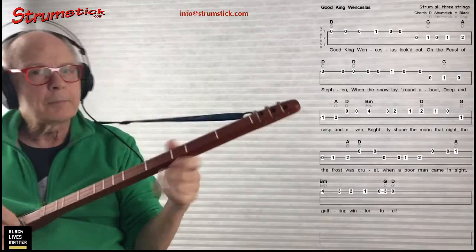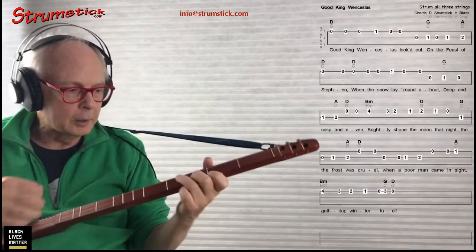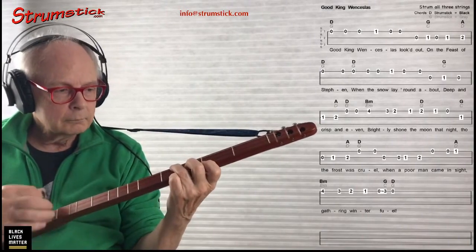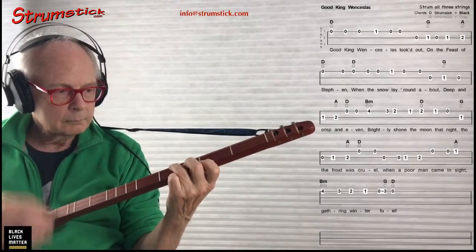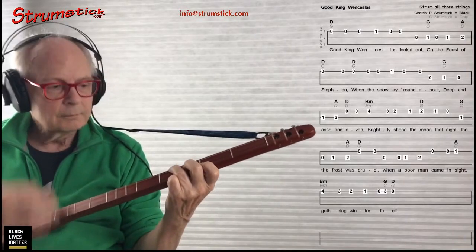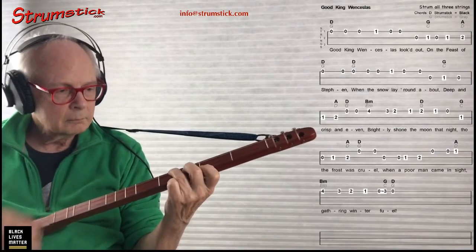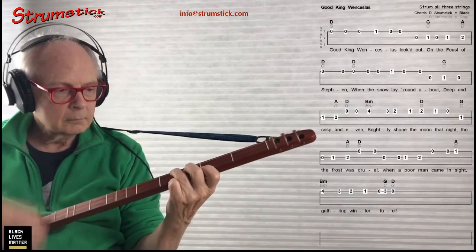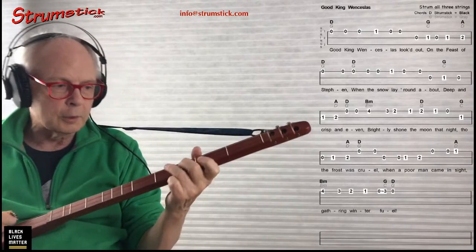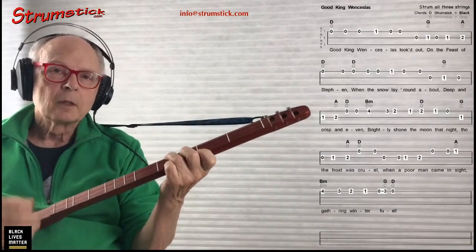So anyway, that's all the pieces, and you'll probably have to practice that a little bit to get that down. And here it is one more time slowly. And then, so you down, up, down, up, down, up, and the hand jive rhythm can intersperse with each other. So you've got something like